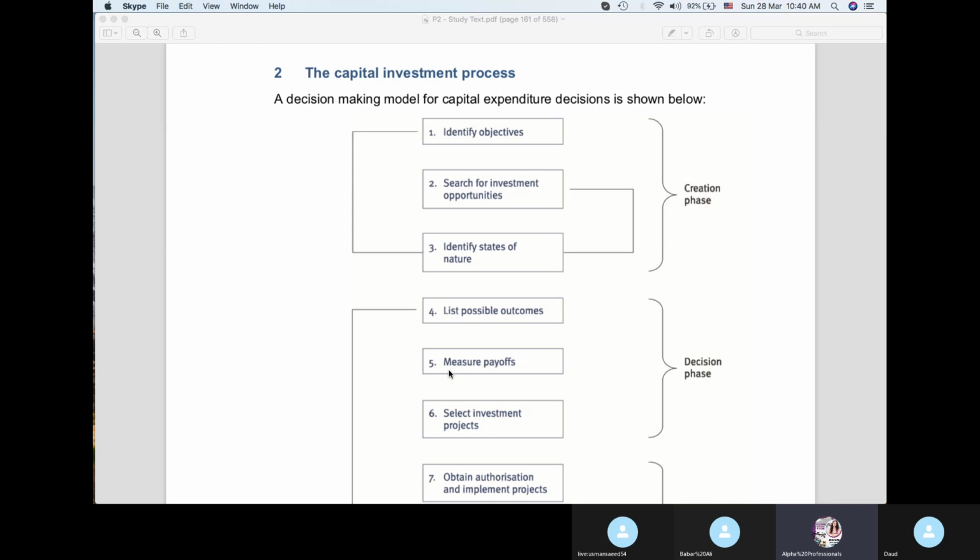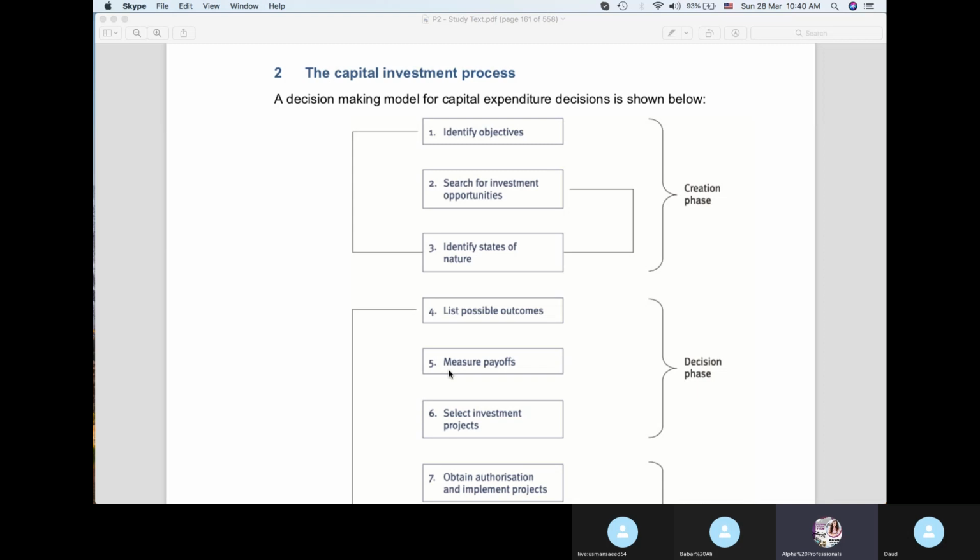Are there cycles associated with that business, like the boom and peaks and valleys, we call them? Like in a world economy, we know that there are peaks and then there are the valleys. There is always a recession after a certain time, like after 10 years or so there is a recession, then there's a boom, and then again there is a recession. So you would know about the nature of the business you are going to invest in. So list the possible outcomes.